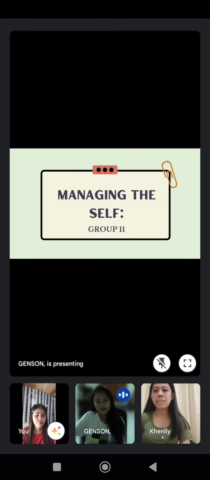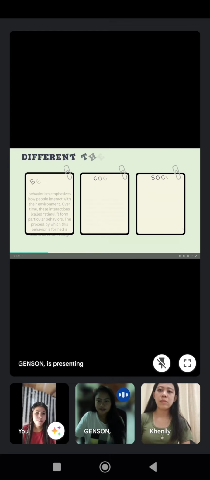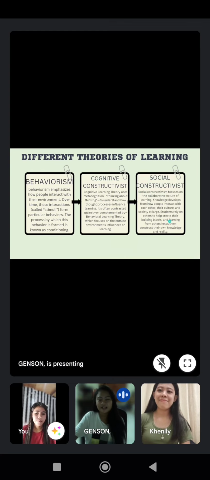Managing the self consists of the different theories of learning, the physiology of the human brain, metacognition, and the four parts of goal setting. We have different theories of learning, which has three parts: behaviorism, the cognitive constructivist, and the social